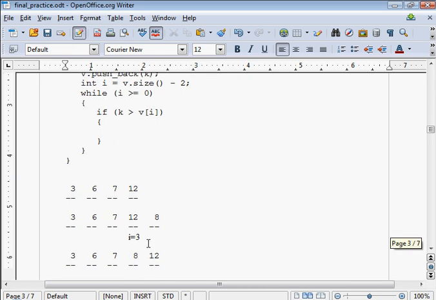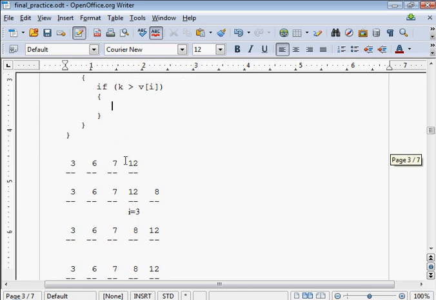K is 8, and here I is 3, so 8 is not bigger than V of 3. So this won't run. But in this situation, in the next iteration,